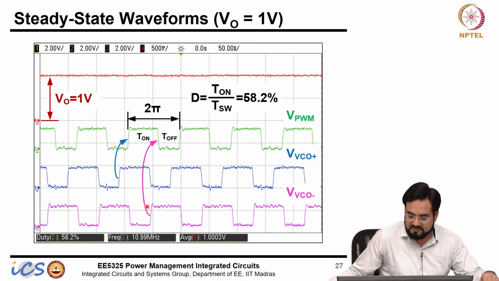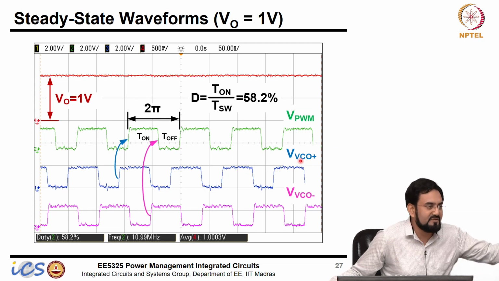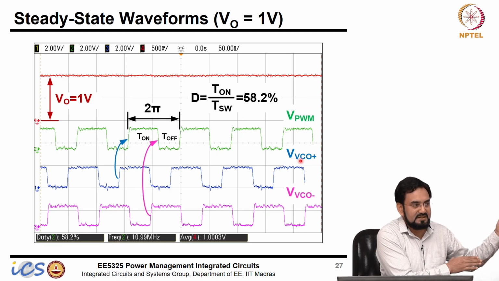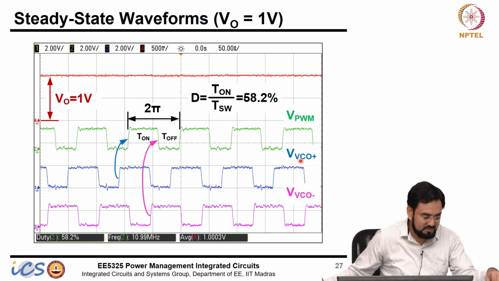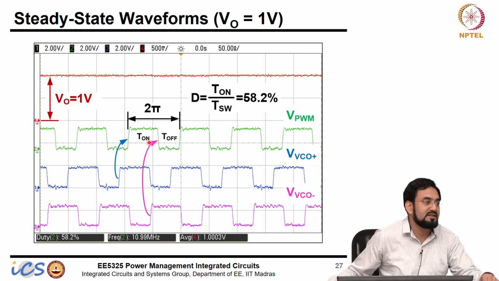So, these are the outputs of the two phases, VCO plus and VCO minus, and this is your final PWM which gives you the phase difference between the two. So, duty cycle will be nothing but the phase difference between the two. I mean, you can say that okay, this edge is not synchronized with this because we are taking the VCO output, not from the VCDL. VCDL will also have some delay. So, we took the VCO output, that is why you are seeing that difference. But ultimately the difference between this edge and this edge is nothing but the duty cycle, that is it.